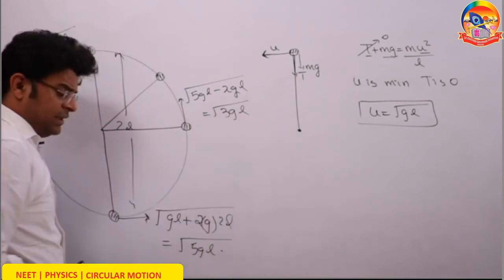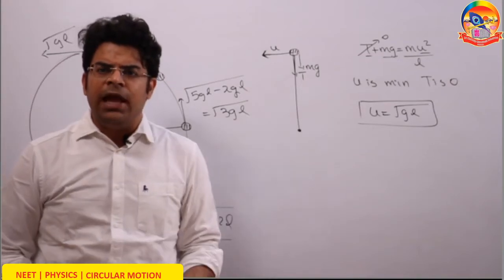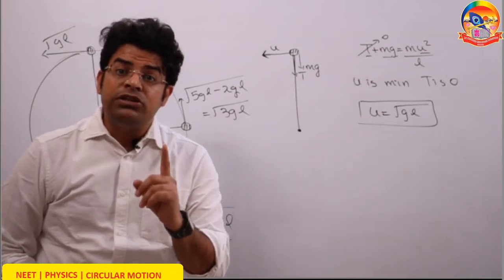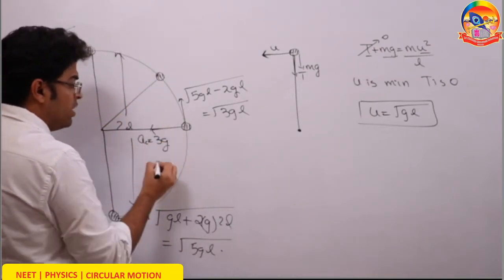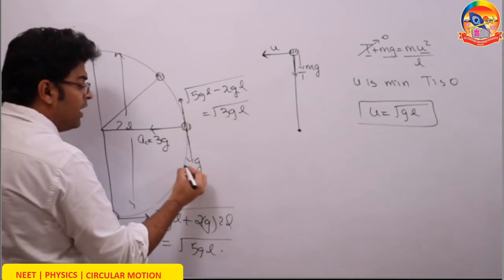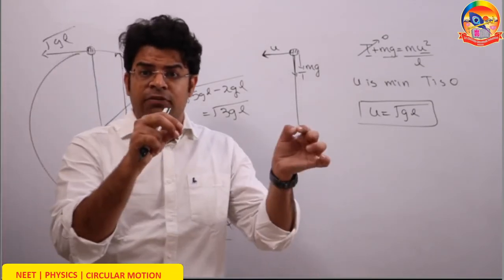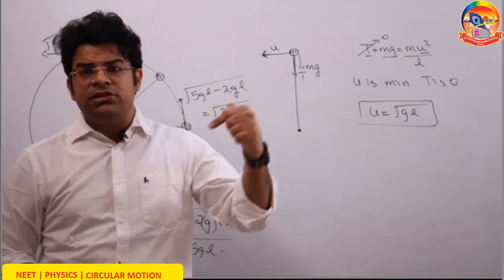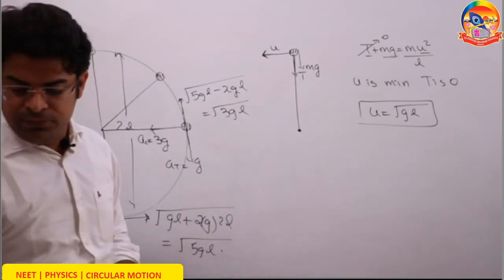So in a rush, students answer that, okay, if the speed is root 3gL, acceleration has to be v square by L. So that will be root 3gL whole square by L. That will be 3g. That will be your centripetal acceleration. The centripetal acceleration at this point, no doubt, will be 3g. But there is also a tangential component of the force of gravity downward, which provides a tangential acceleration g downward. So the net acceleration at this horizontal level, because of centripetal 3g inward and gravity g downward, comes out to be under root of 3g square plus g square, that is root 10 g.